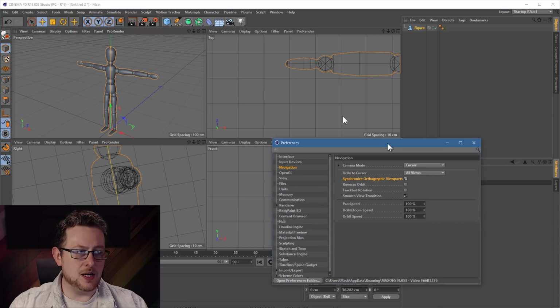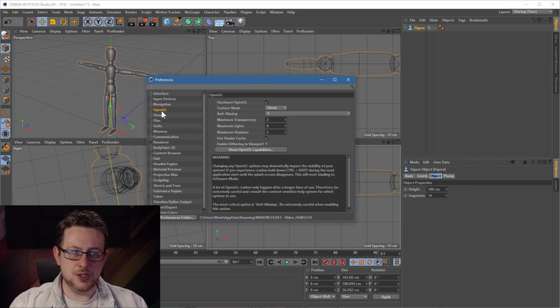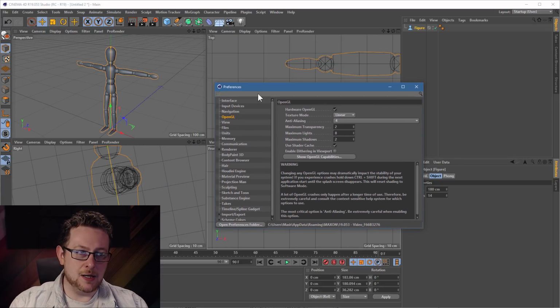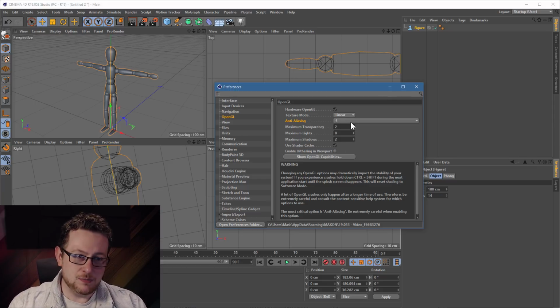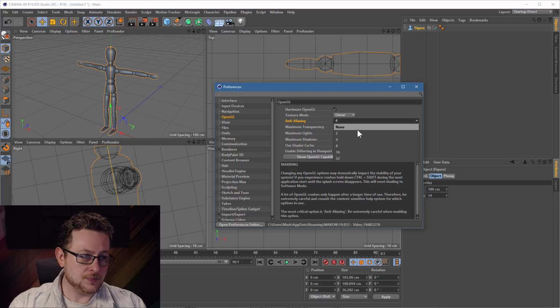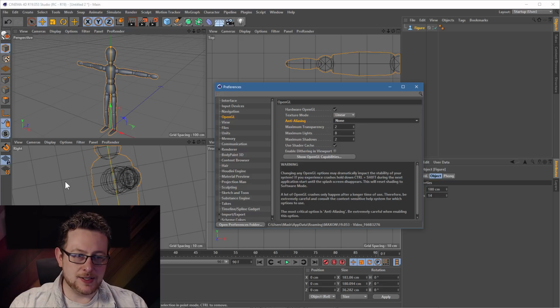Okay, next up, anti-aliasing. So come down to OpenGL. This is your real-time view, basically. And if you just want to speed it up, what you can do is get rid of the anti-aliasing. Now, if you've got a good card, let's say, at this point in time at least, a GeForce 980 or a 1080, don't worry about this, you're not going to notice much difference. But if you've got something a bit more modest, this can slow scenes down a bit when they get more complicated. If you just turn the anti-aliasing off for your view, set it down to none, you'll now get slightly